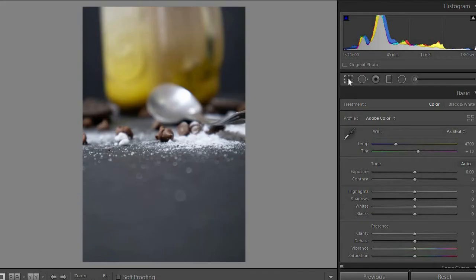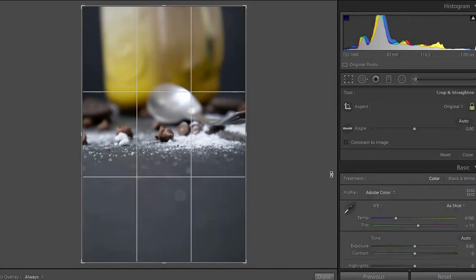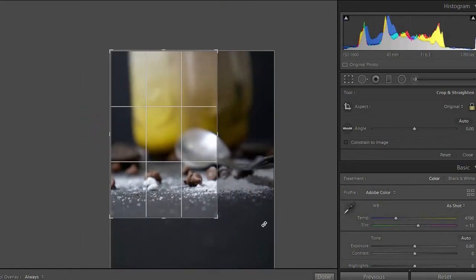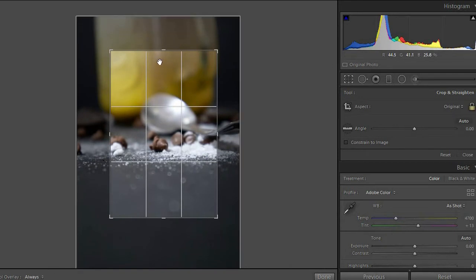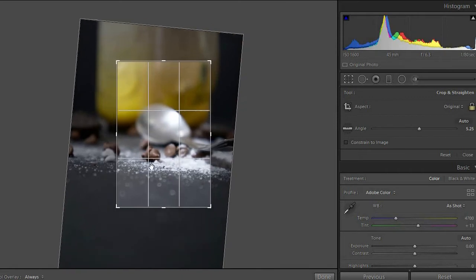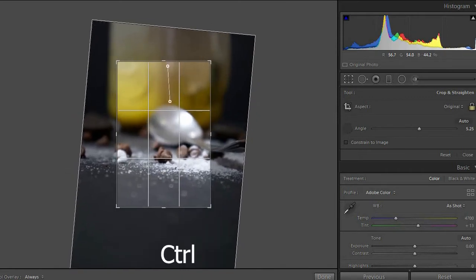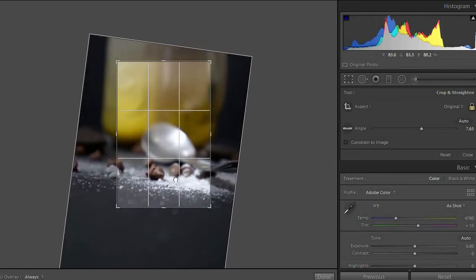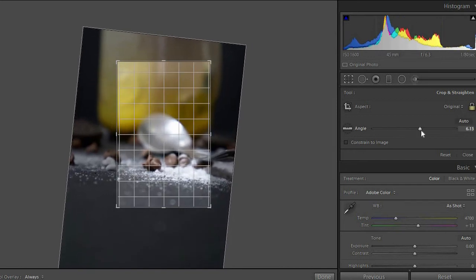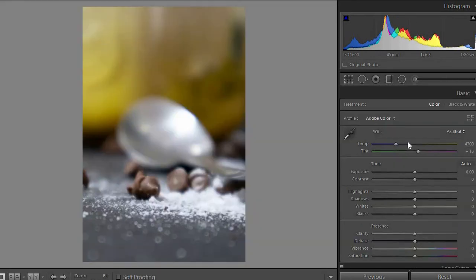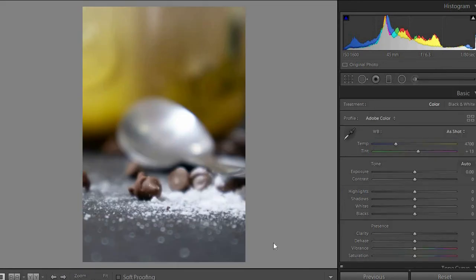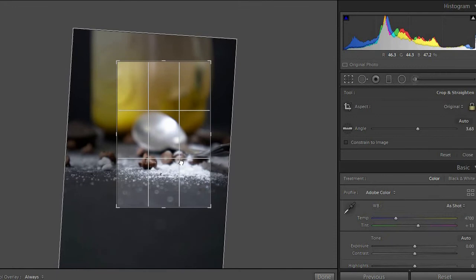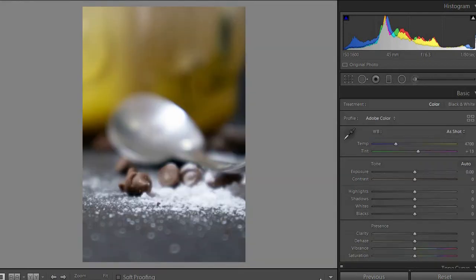As you see, the photo is already open. First of all, we'll crop the photo according to the composition we need. So I will rotate the photo a little bit. So I think this is okay, but this was a bit more rotated, so I will decrease a little bit of rotation. As you can see, I am keeping the choco chip on the bottom left intersection of the grid lines. So yeah, this is the correct composition.